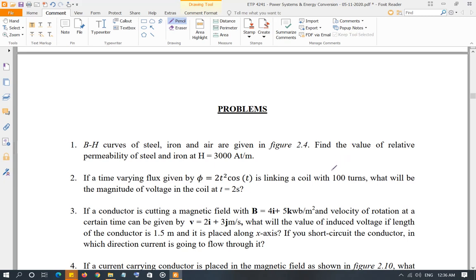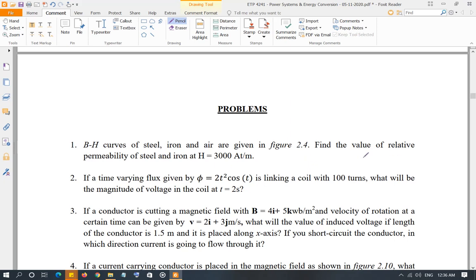Let's quickly go over problems from chapter number 2. At the end of chapter number 2, these are the problems that you will have to do for the homework. You will have to use the figure 2.4 where we observe curves between H and B, and using that, there is an example also given,